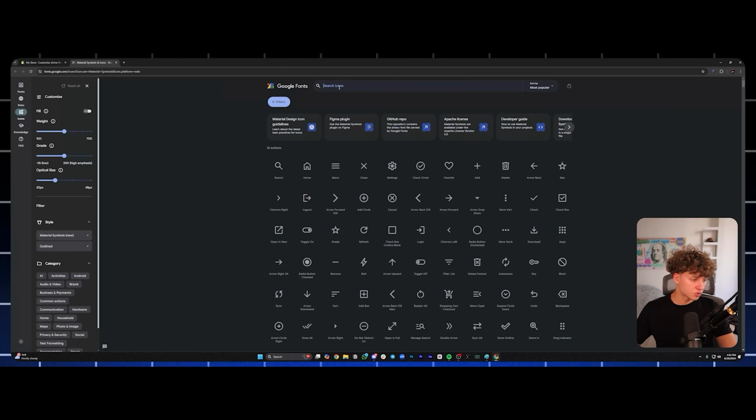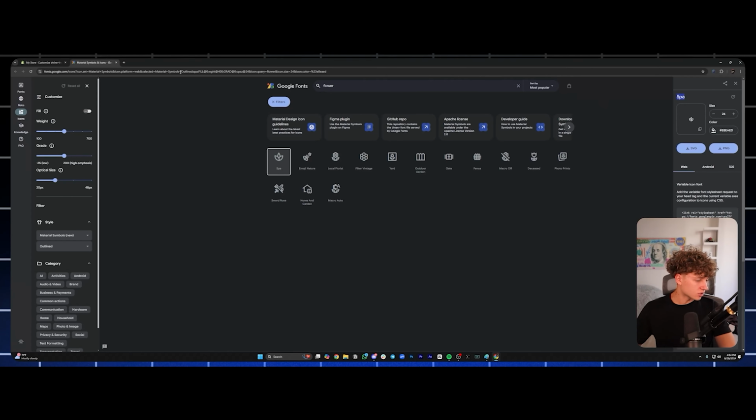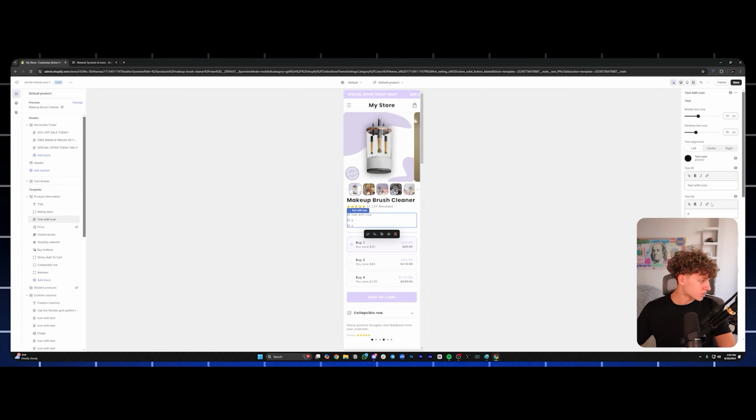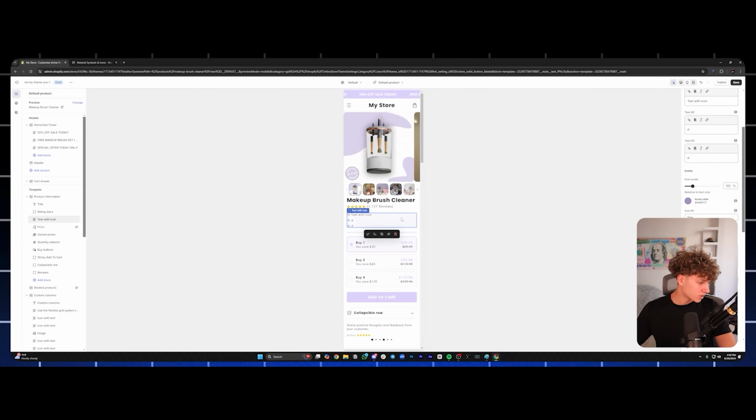So we can maybe do a flower. So this is called spa. This is just for an example, guys. I don't know if I'd actually use this. I believe maybe we could change the color. Yes, we can. So we change the color, maybe darker. Then we could add,